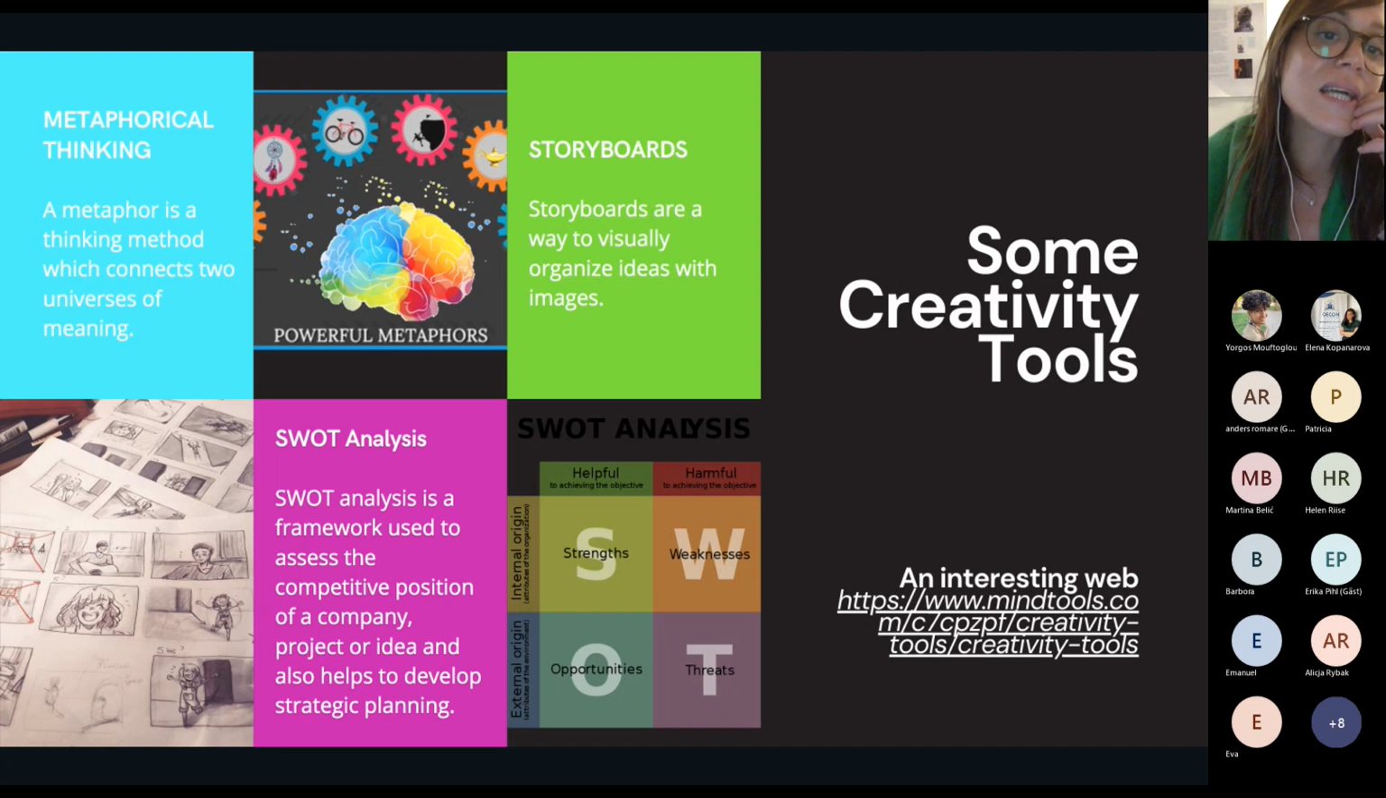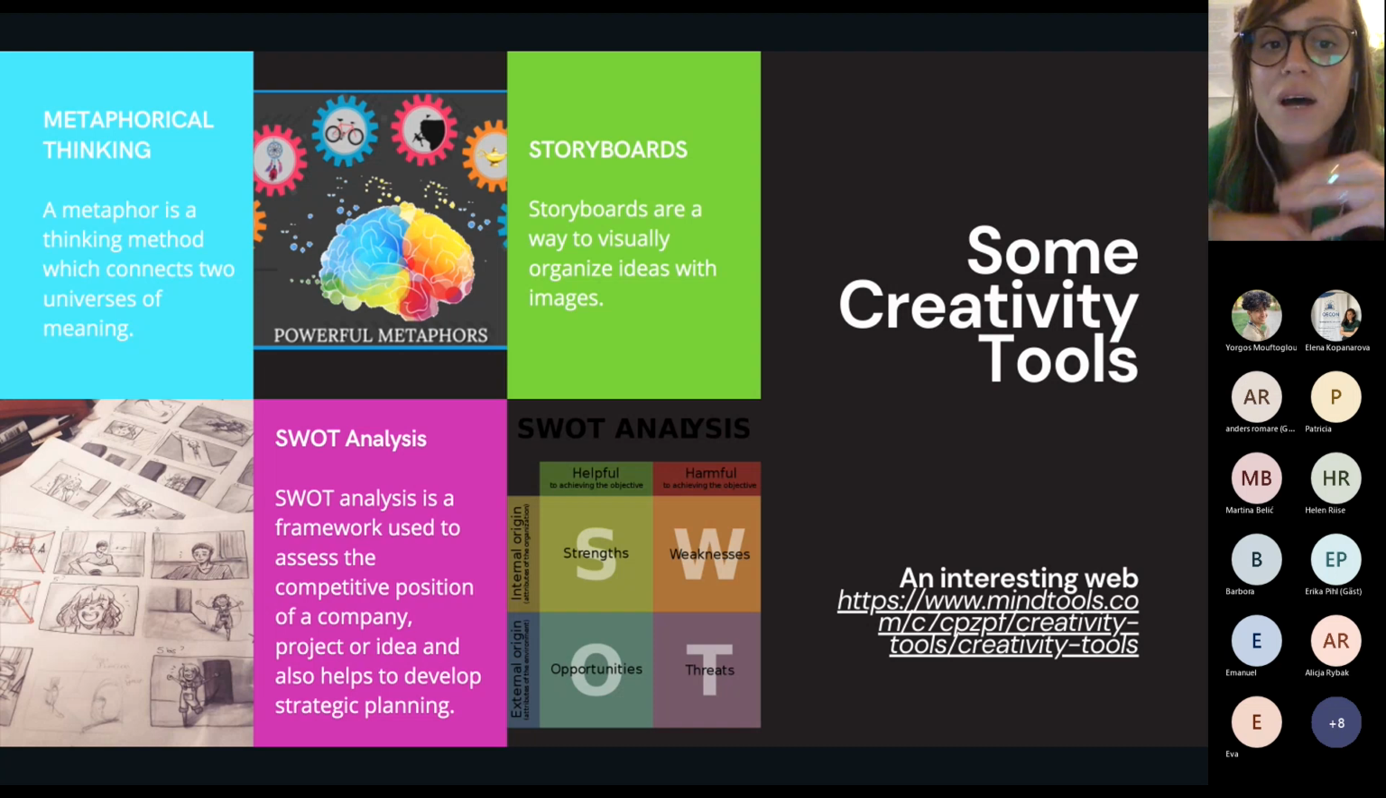And then the last example that I put is most used in the management part, let's say, the SWOT analysis. That is a graph. It is super interesting because when you have a project, SWOT is